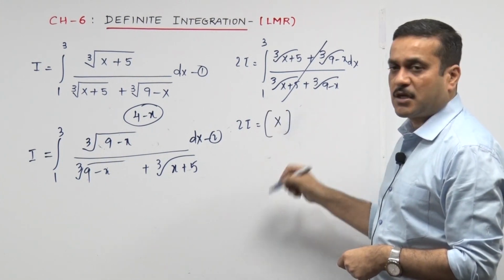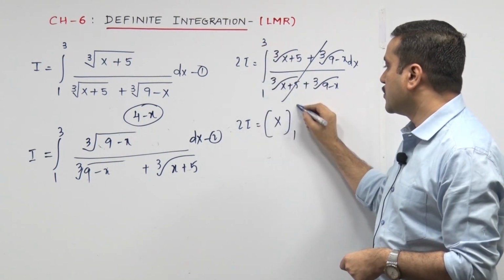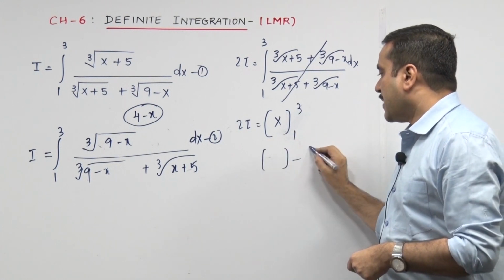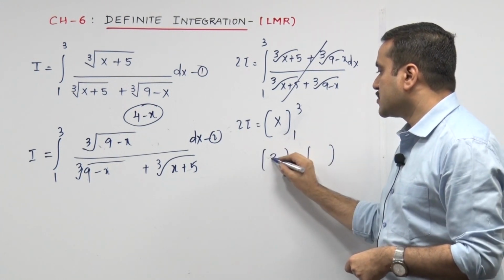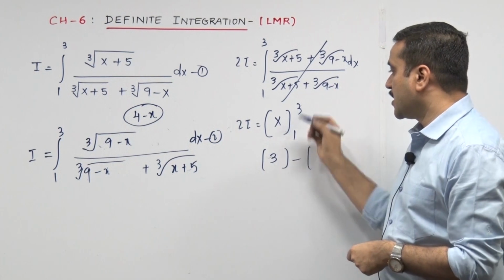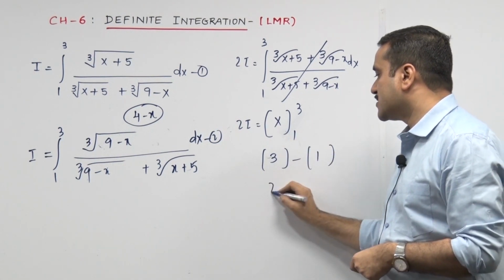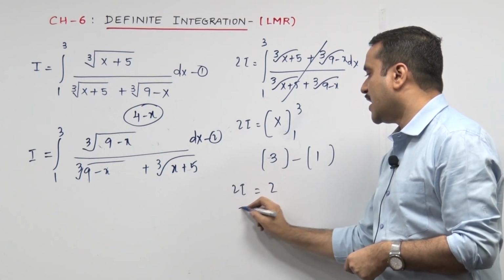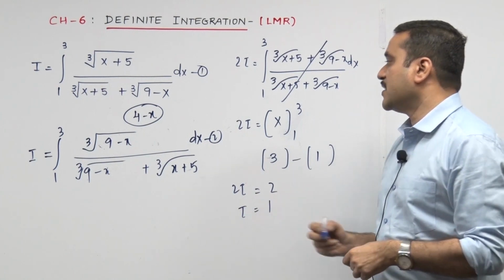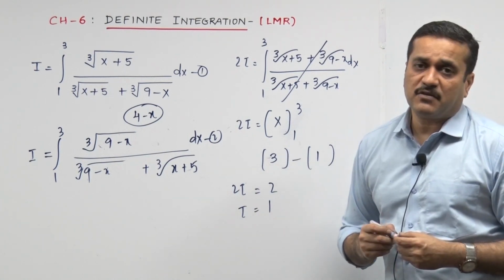Check. So finally the integration of 1 is going to go x from where to where? Sir, you have rubbed it off. No, I can see my limits over here from 1 to 3. So we go upper limit minus lower limit: the upper limit x goes 3 in that, the lower limit x goes 1 in that. The answer is 2, the 2i turns out 2, the I turns out 1. Please check that. So very comfortable.